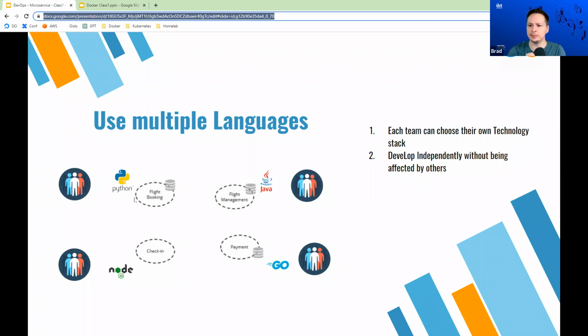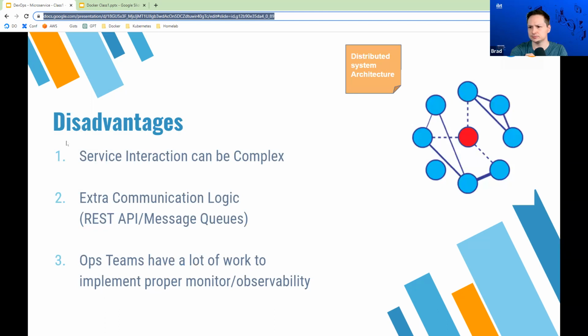So I'm going to hit back onto a few more of these points here on the benefits that smaller teams give us, but I think this is pretty good for now. Let's go ahead and move forward. And let's talk a little bit about the disadvantages of microservices before we continue.